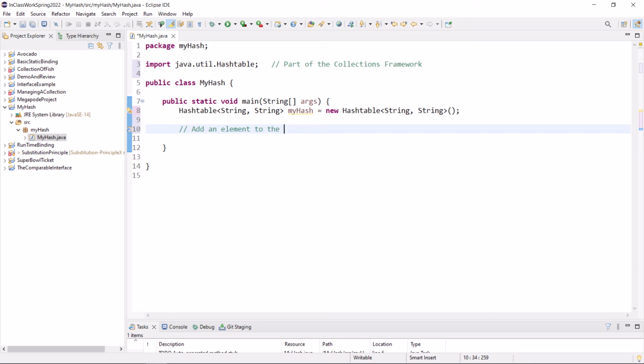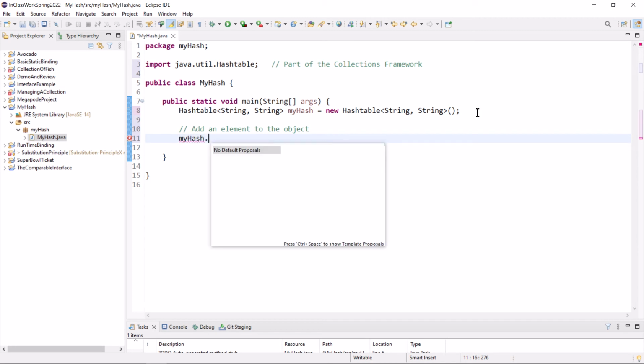Can we add an element? Add an element to the object. Gosh, I don't know how to do that. Let's just start trying to figure it out. myHash dot. Oh my. Looks like my online help is broken. It's not giving me anything. I spelled it correctly. No default proposals.